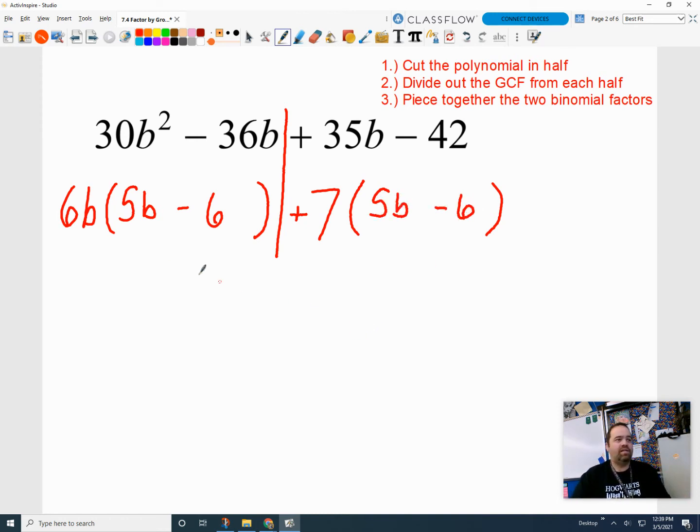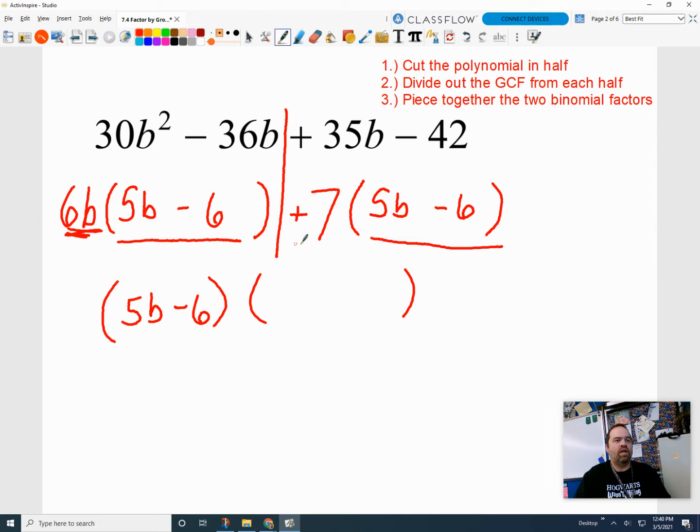Now, if you notice, this first binomial and this second binomial should be the same, okay? If they're not the same for some reason, you probably didn't pull out the biggest common factor, or maybe you just divided wrong. So what's left in your parentheses there, your factors, should be the same. So since the left-hand side and the right-hand side have that in common, and I put the emphasis on common there, I'm going to pull that out front as a greatest common factor. And what I'm left with are the pieces that were in front as my multipliers,